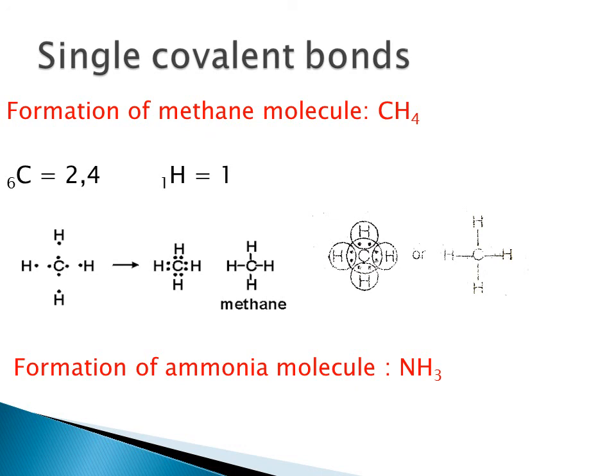Similarly, you can write down the formation of ammonia molecule. This molecule is made up of nitrogen and hydrogen. So here also you will write down the stepwise formation of ammonia molecule. Show electronic configuration, electron dot structure, then sharing of electrons, and write down how many electron pairs are shared between each pair of atoms, right? Take a photo of it and send it on Google Classroom for teachers' review.